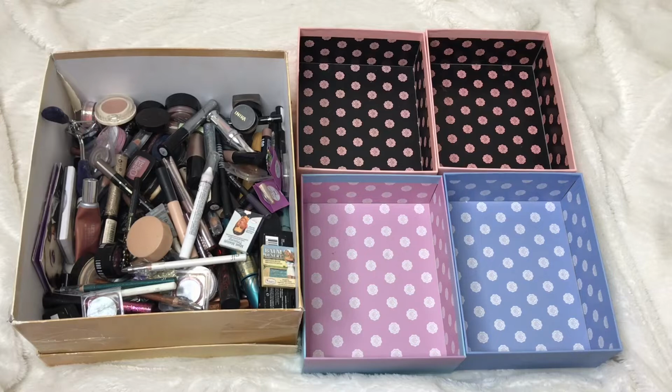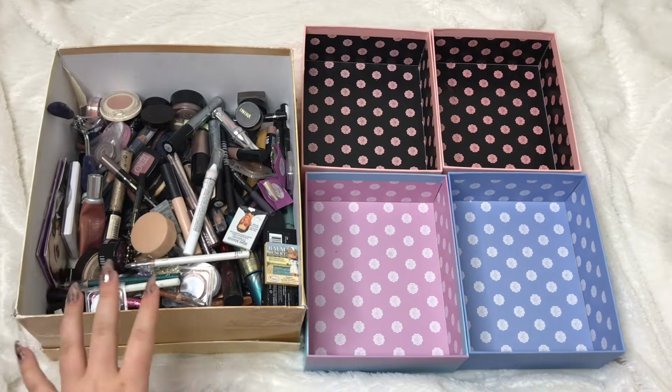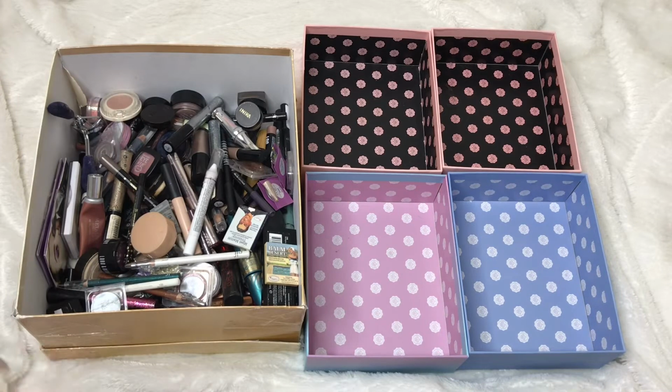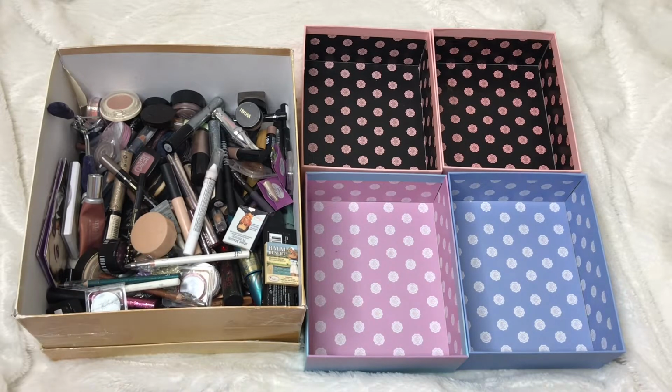So this is the layout that I'm going to be using. It's the same as all my other decluttering videos if you've ever watched those. In here I have all the products I'm going to be going through. So these are all of my eye products. So I have my mascaras, eyebrow products, I have eyeliners, single eyeshadows, eye bases, and I do have all my